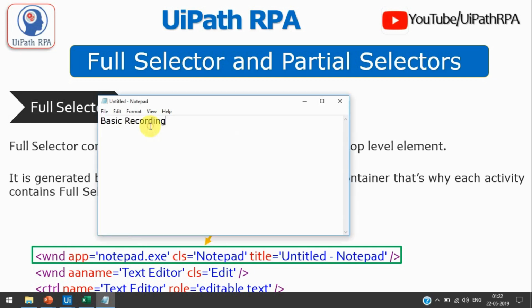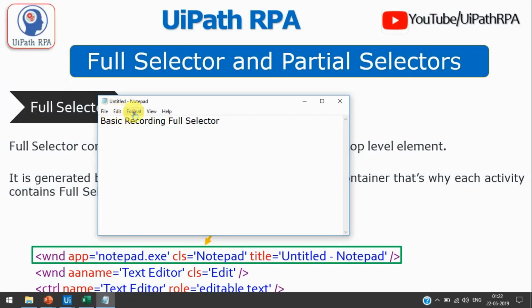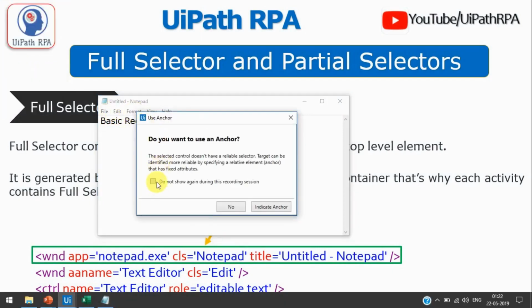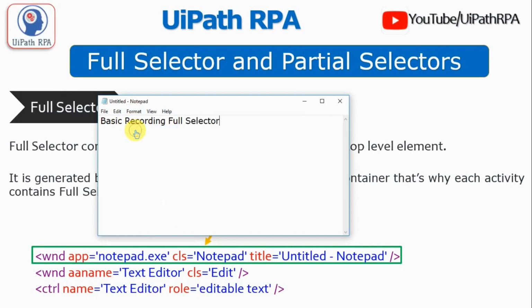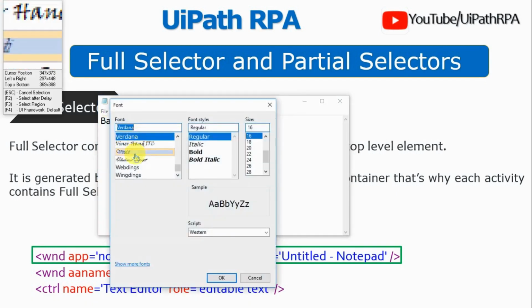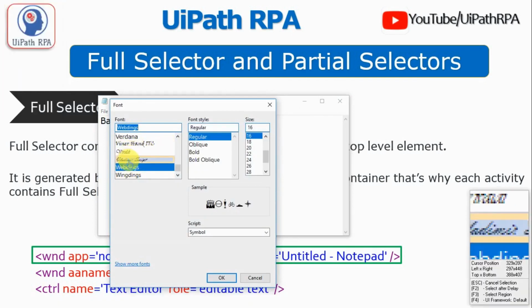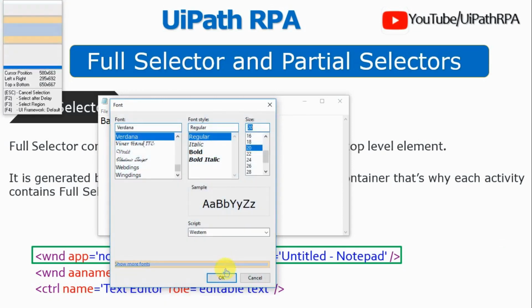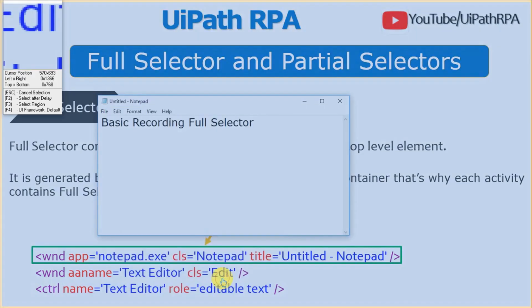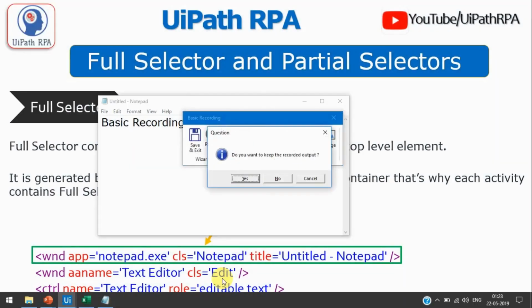And then press OK, and then I will click on format. I will get this, then we need to click no, then select font, then select any one from here, like we are selecting Verdana, no issue, and then change the font size and press OK. Now press escape to stop the recording and press escape again to save the recording.